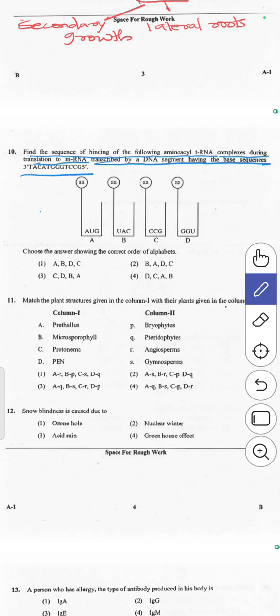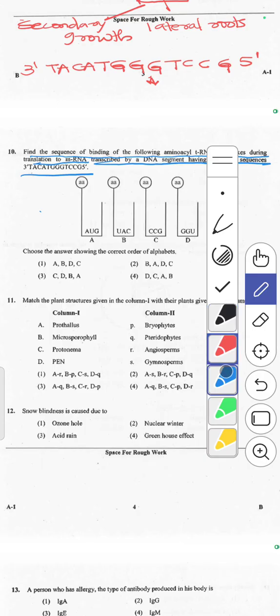They have given a sequence of DNA. In this sequence, they have given TAC, TGGG, TCCG. That is 3 prime to 5 prime. They have given. So if we do the transcription, then we will get this sequence of mRNA,